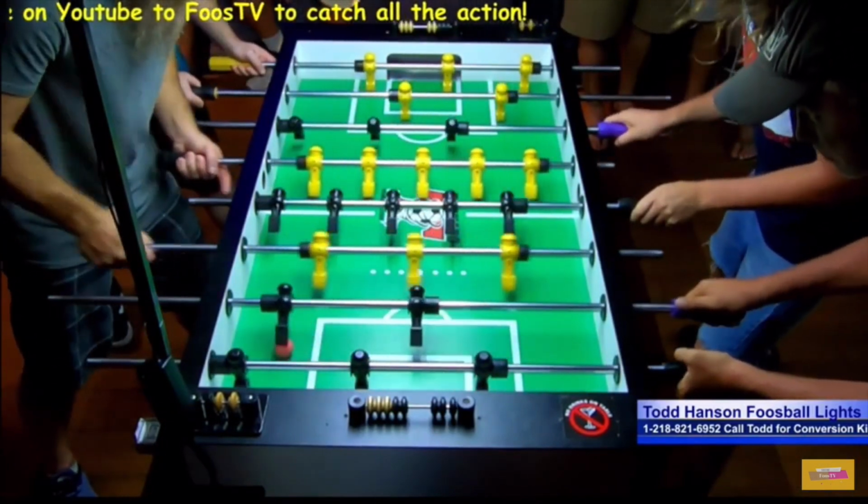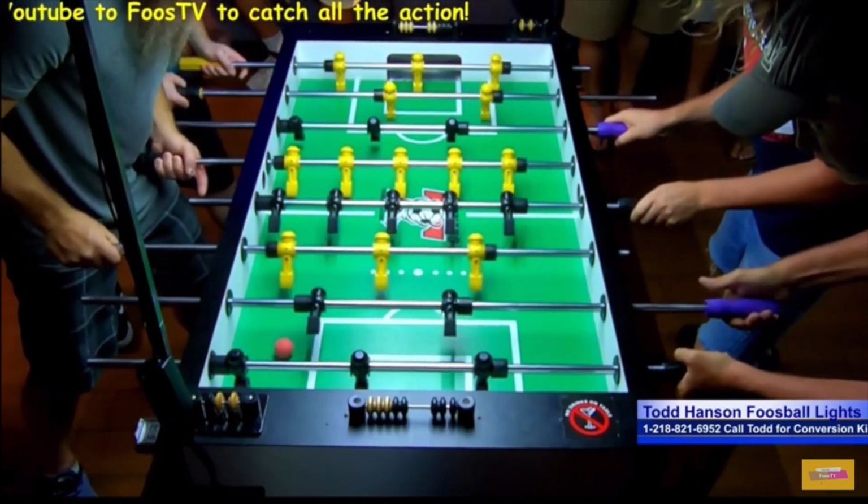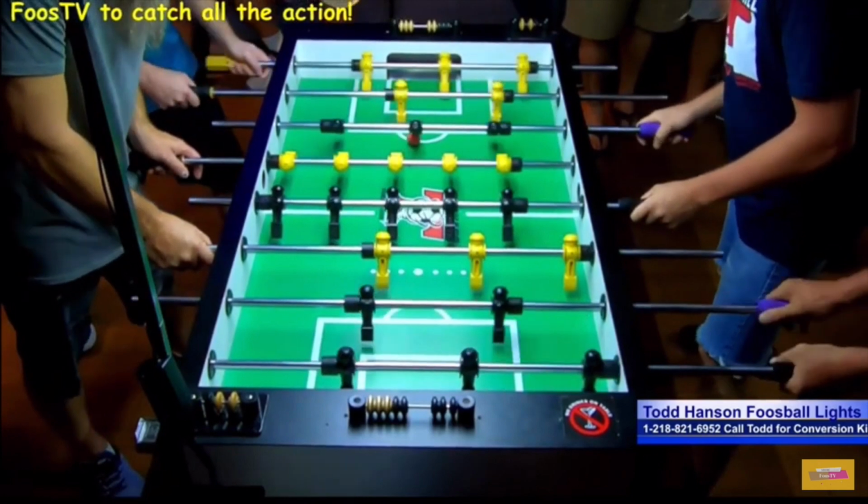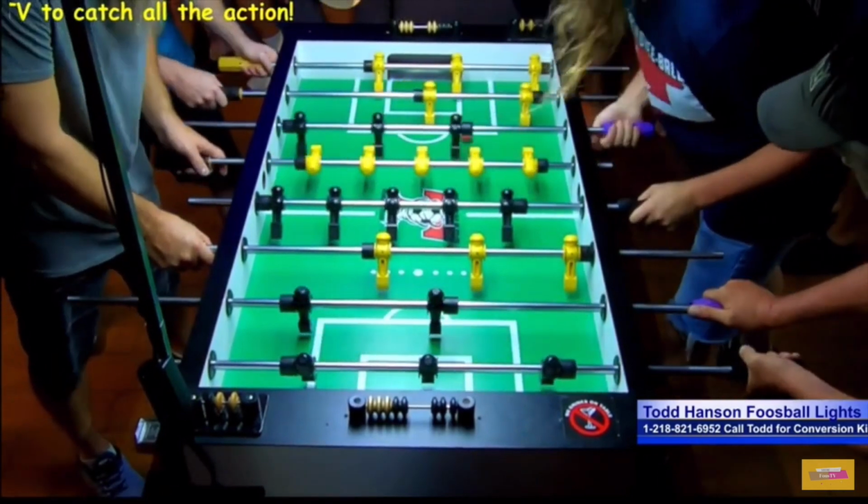I'm like 4 or 5 feet away from the table, and I can't feel it. You know what I mean? I don't know exactly how the table moved or felt. So